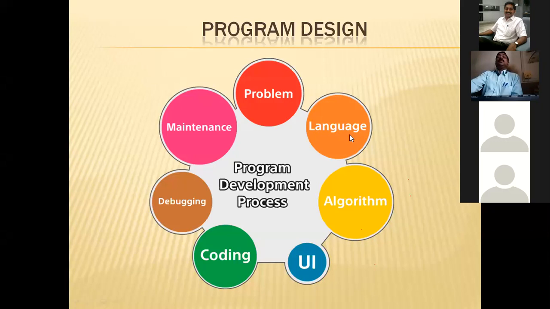So in the programming area, we have to learn all the different languages which can be implemented for solving a particular problem. So we have to select a language. Then, after the language, we have to design the algorithm. Now, what I said to you is how to solve a problem with the algorithms, and this algorithm can be tested.